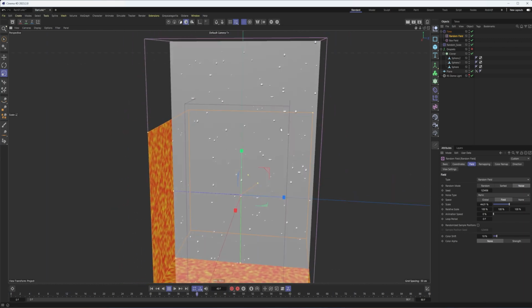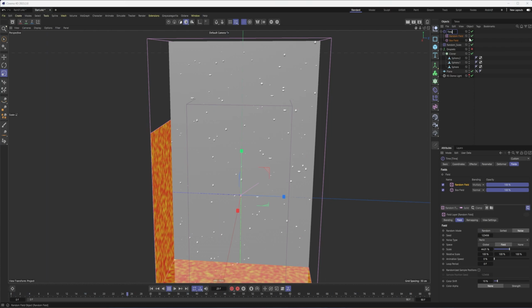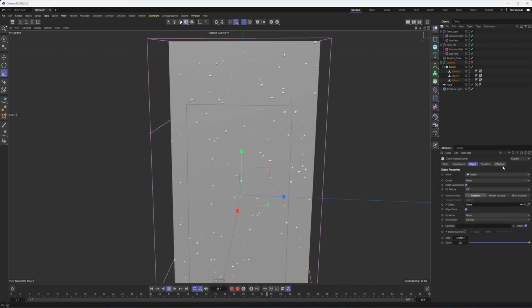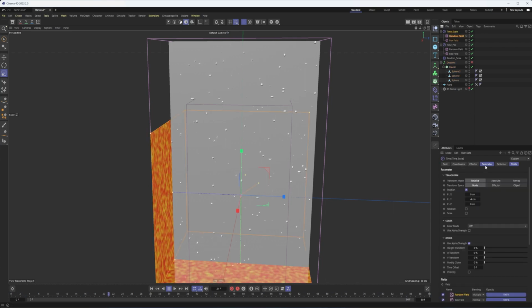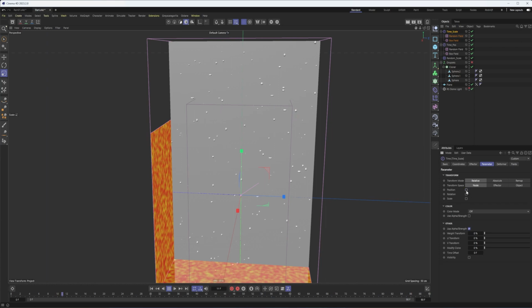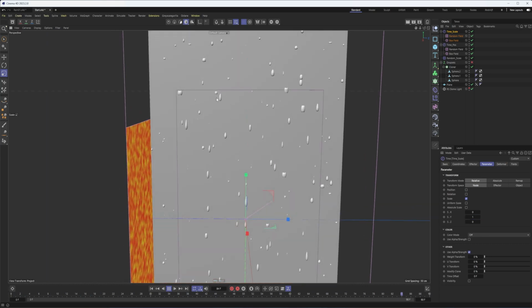The other thing I can do with this is have some of these scale. Okay, so I'm going to call this time position, right? So there's maybe some of these get kind of stretched out as they're moving down, but I'm going to duplicate this time now and call this time scale. Now, because I duplicated an effector, it's not immediately applied, so I will just apply it. And I haven't changed the parameter yet, so that's what I'll do now. I'll uncheck position. I'm going to check scale, and I want Y scale. I'm going to set it to something kind of ridiculous so we can just see that effect, right? So notice how these are scaling over time. That's exactly what we want.